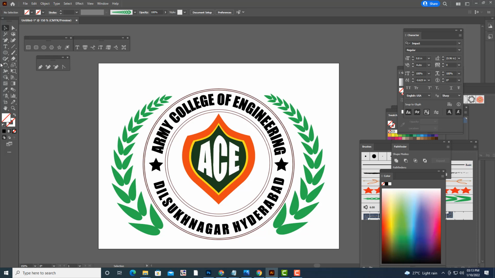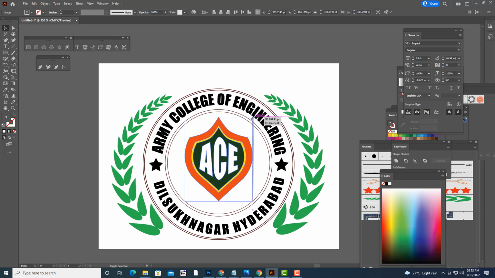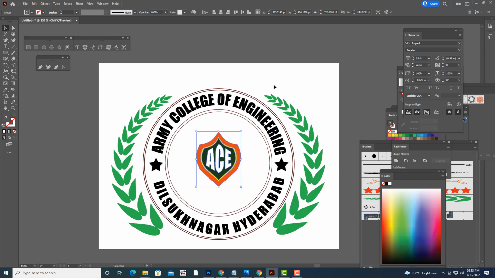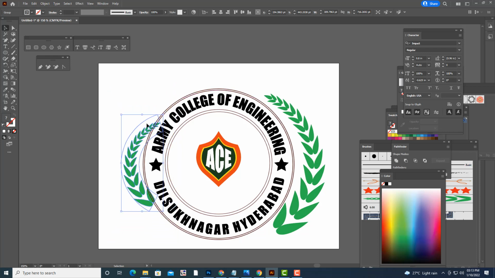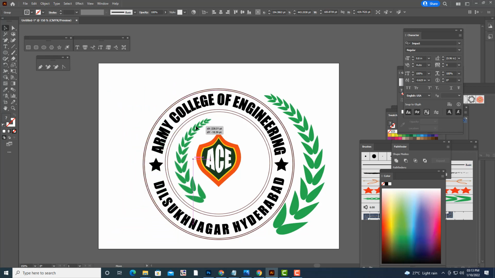And if you want to see, we can keep it inside also. If you think that this outside is not looking so nice, what you can do is select everything here, group it, make it small. Okay, and then we'll just keep it inside so that it looks more interesting. Okay, so something like this. Able to understand?